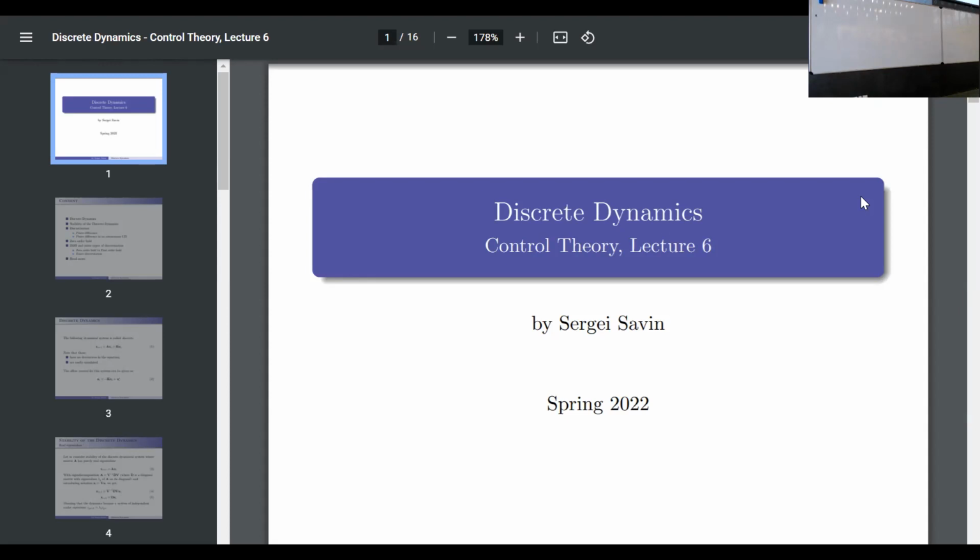Now, what we didn't say so far was the fact that we were implicitly talking about continuous time equations. So continuous time dynamics. What do I mean by continuous time dynamics? Well, we assumed that the dynamics depends continuously on